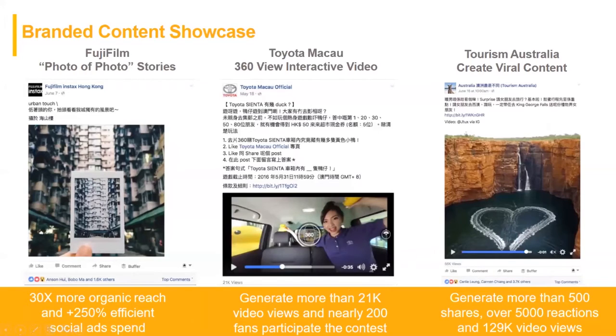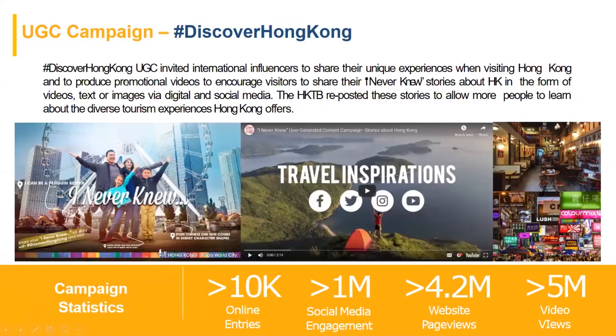And the next one is the campaign statistics, like Discover Hong Kong, a UGC campaign that invites international influencers to share their unique experience when visiting Hong Kong, to post their videos and their experience when they are having dinner and dining in Hong Kong. So we can see that there's a 10K online entrance, 5 million video views, 4.2 million website page views, and 1 million social media engagements. So many people will know Hong Kong, right?